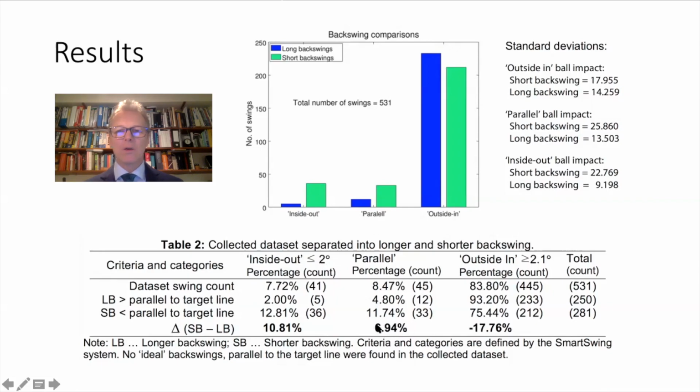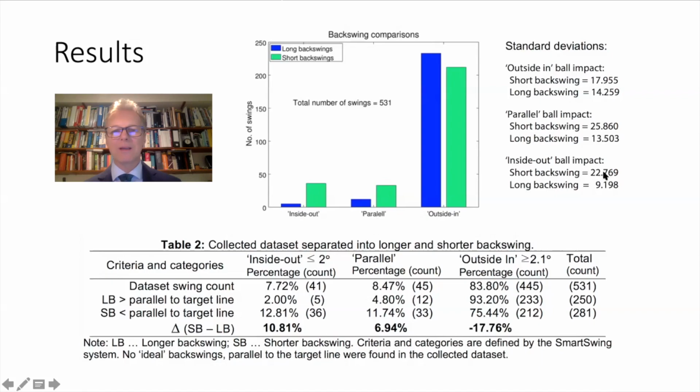The dominance of outside-in ball errors is significantly reduced by 17.76%. Increased standard deviation for shorter backswing, shown next to the bar graph, provides evidence of coaching practice focused on